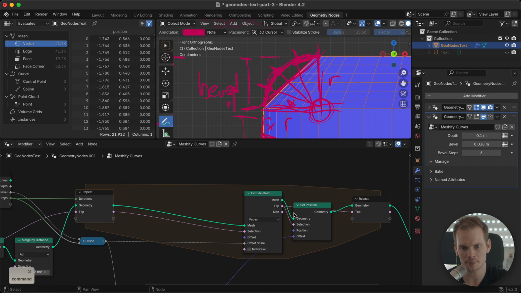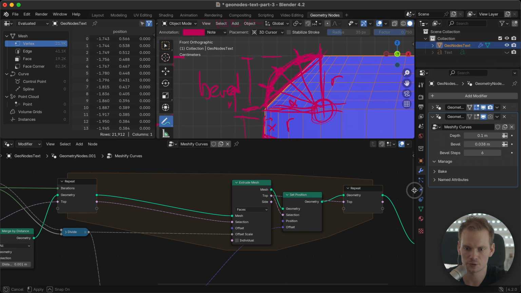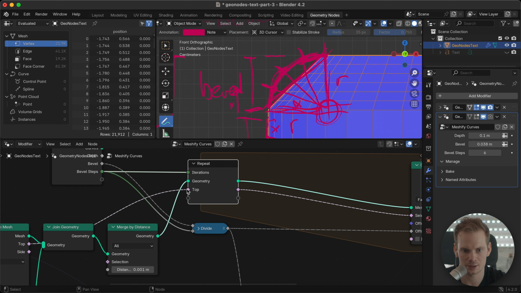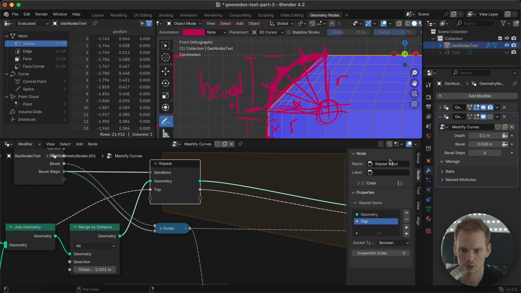Okay, while we're repeating ourselves in this repeat area, something that would be useful to have is an index, or to know which repetition we're in, because then we know what angle this is, or we can calculate what angle this is supposed to be. All right, so let's add something else here. And the way we added this top is just plugging in something new, and it will just add it for you. But you can also do it manually by hitting N and going to the node.